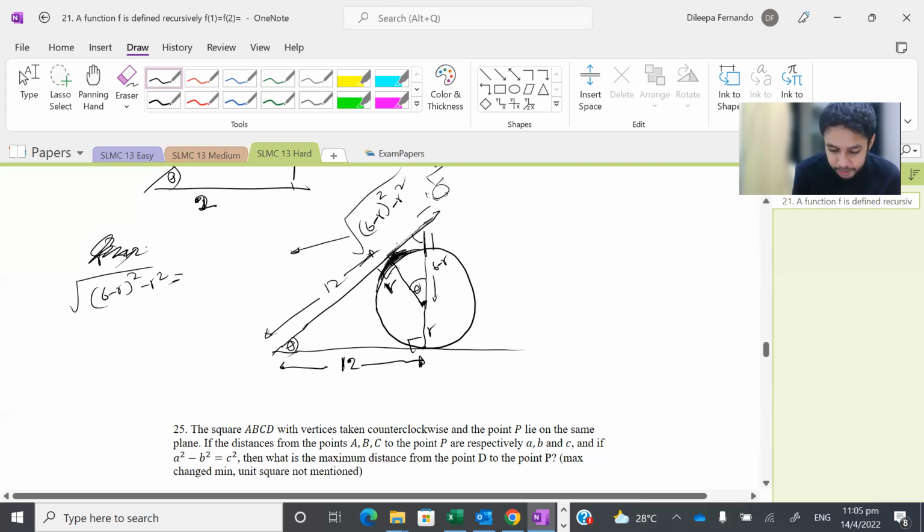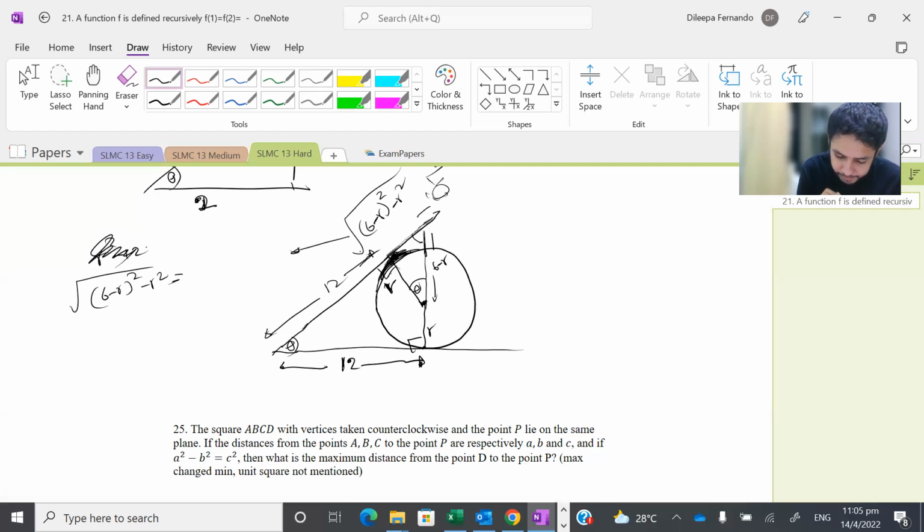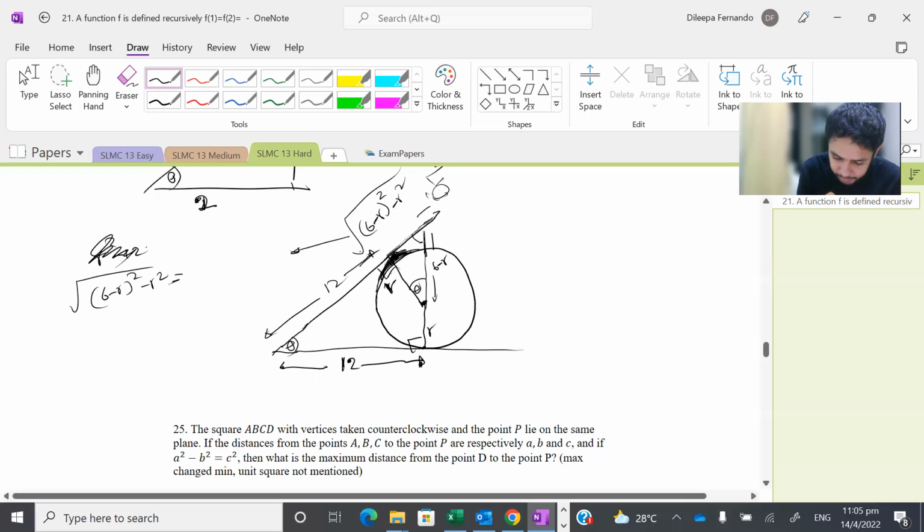But if we consider the large triangle, we can have this again, and again we can have another way here. So theta is half. So this should be again r by 2. r by 2. And write 12 plus r by 2